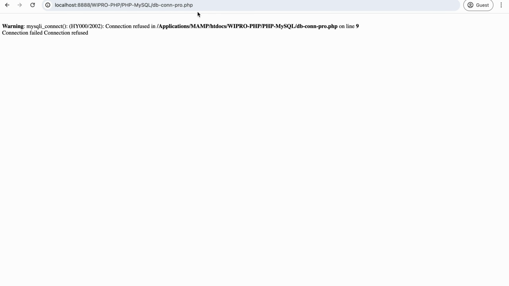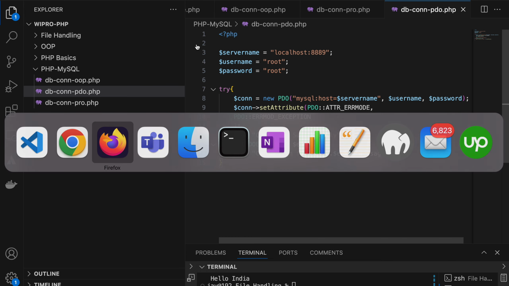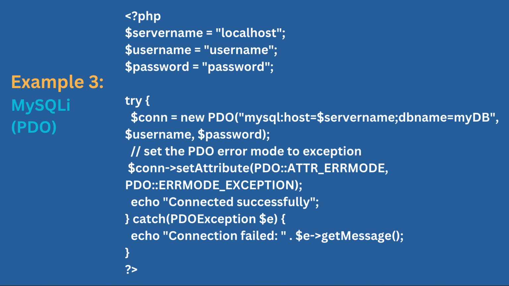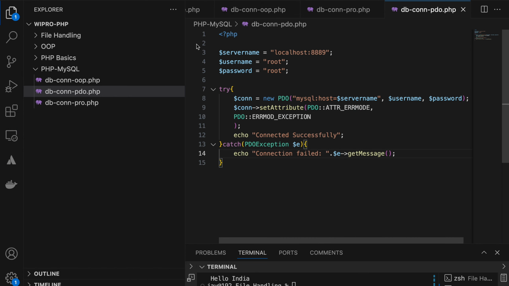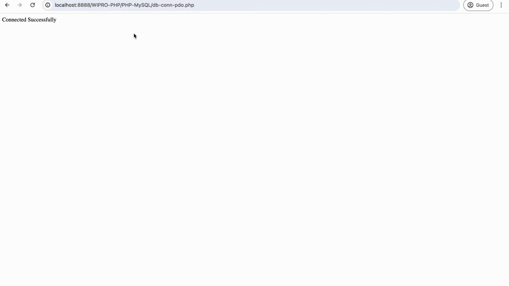Undefined constant PDO error mode exception. What happened?